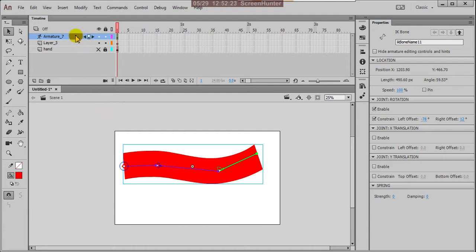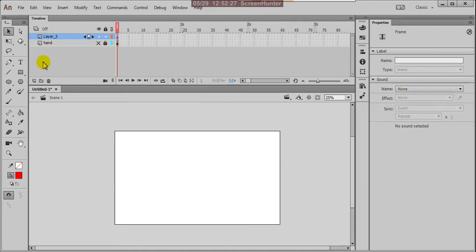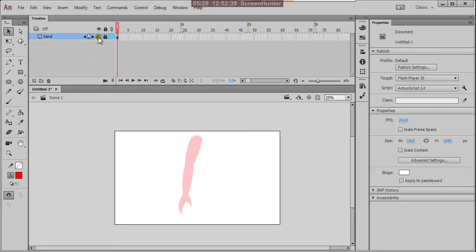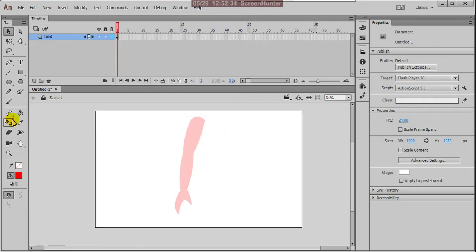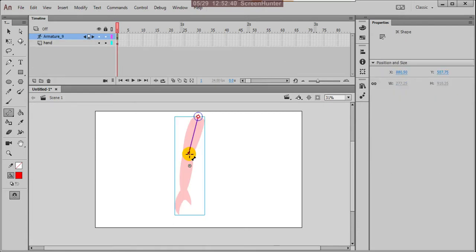Suppose here there is a hand. There I'm using the bone tool and adding bones here. There is one bone, here to here another bone, and here to here another bone.